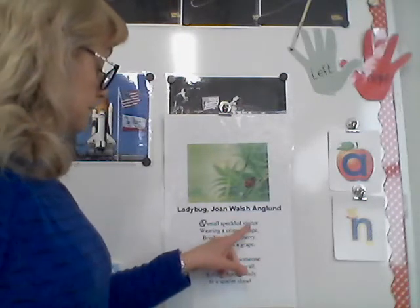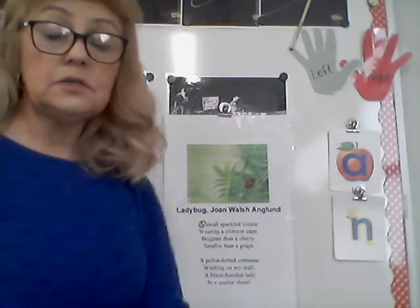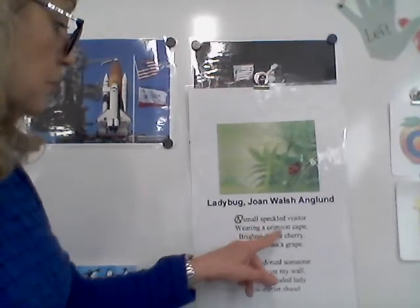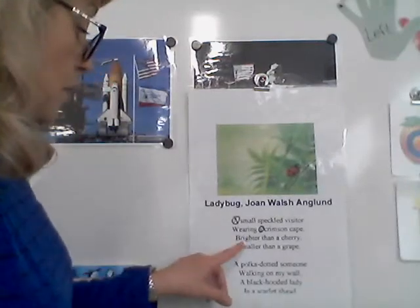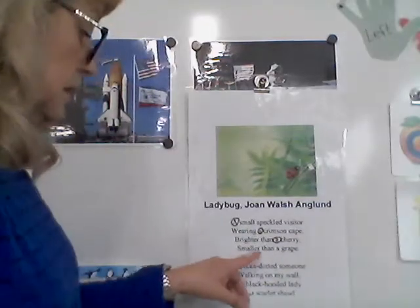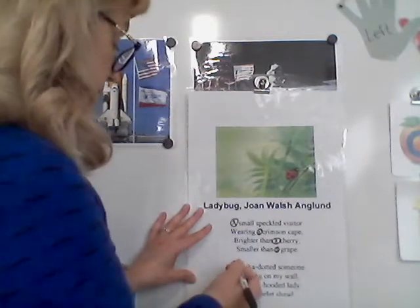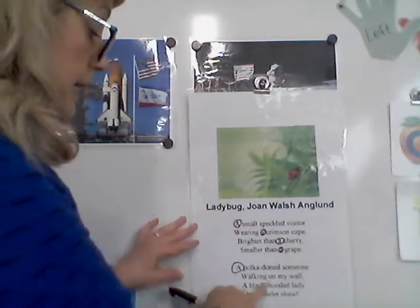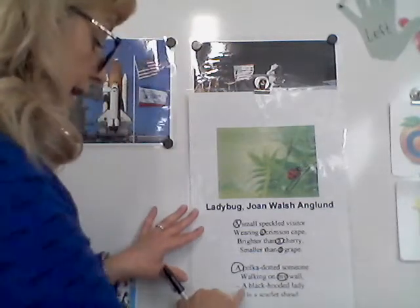small speckled visitor. Okay, so speckled means dots. So our ladybug there has some dots. Wearing a, there's the word A, crimson cape. Brighter than a cherry, smaller than a grape. There's A again. A polka dotted someone walking on my wall. A